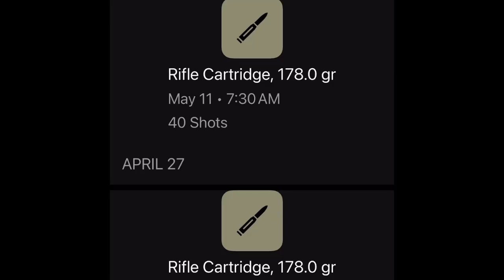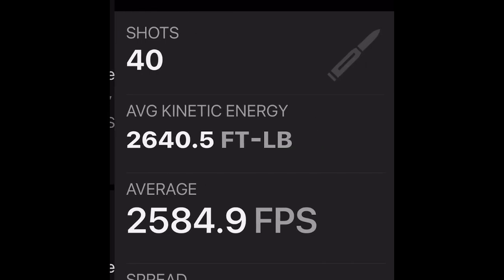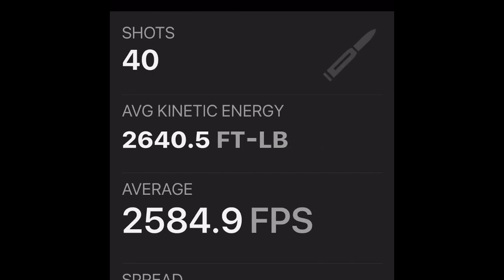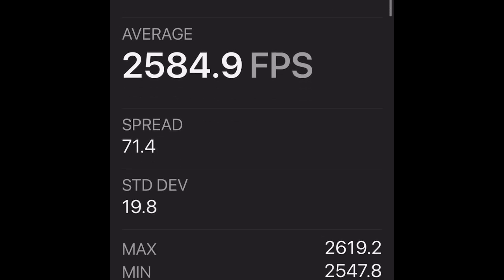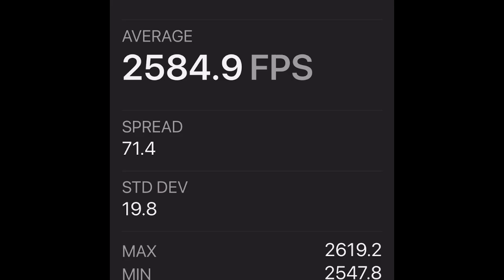So today, May 11th, I shot 40 rounds of the 100 precision, 178 grain ammo. When we look at it, you can see the round count. Then you can see the average kinetic energy. You can use that to compare with other bullet weights and bullet types on which one's offering the most power when it hits something. The average feet per second,